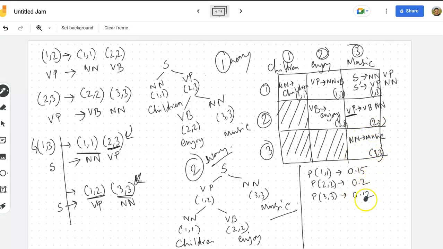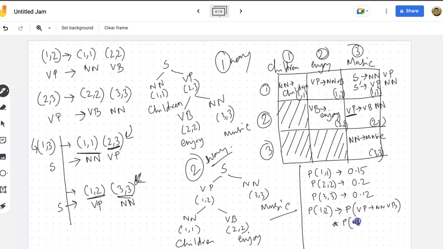Now the question is, how will you calculate the probability for P12? So what is P12? P12 is this thing, VP to NN VB. So to get the probability for this, we need the probability of the rule VP goes to NN VB, then